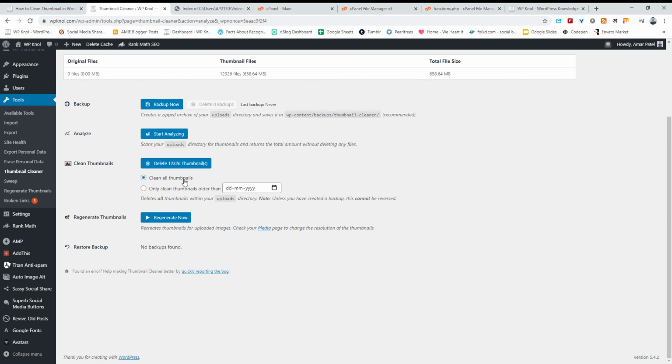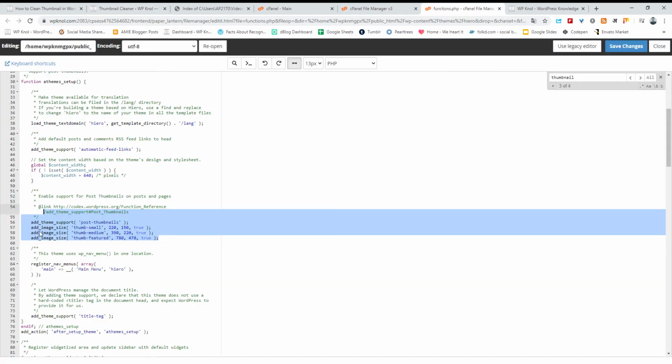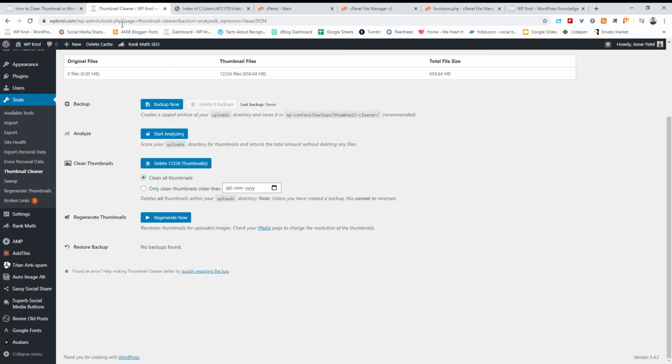Once you delete here, you can regenerate now, and it will again regenerate all the thumbnails as per the settings you have defined under Media and your theme file. It is always recommended that when you switch the theme, you clean up or delete your old thumbnails. It will help you save some server space.